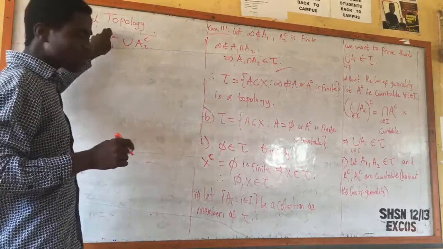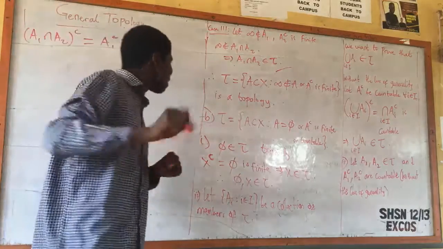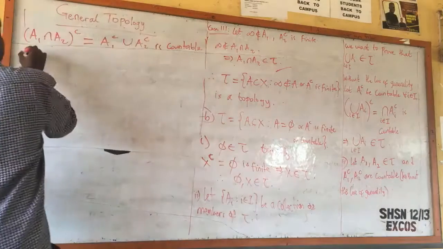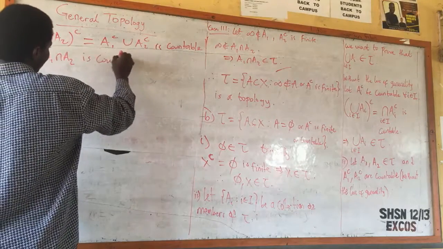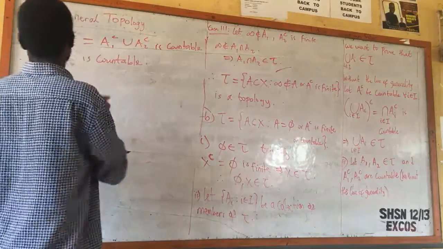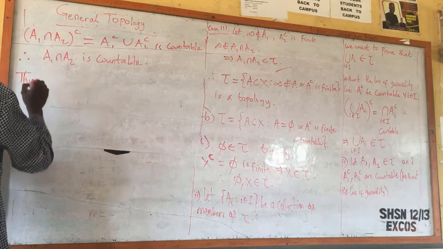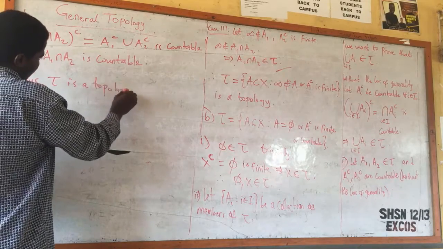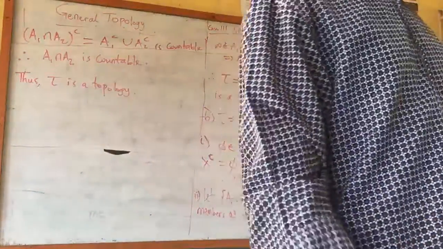A1 complement is countable, A2 complement is countable. The union of two countable sets is countable. So this is countable. Therefore, it suffices that the complement of A1 intersection A2 is countable. It means that A1 intersection A2 is in the topology. Thus, this is a topology. So we are through with the two examples I gave, and of course you yourself can testify that it's not